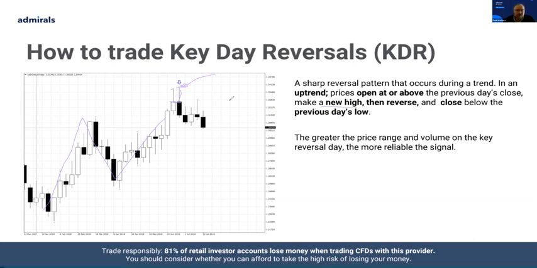However, what happened was, I'm just going to clear this down to help us, price reversed and fell all the way down. And the important thing is it closed lower than the previous candle's low. We pushed to a new high, but closed lower than the previous candle's low. It closed lower, not just traded lower. Unsurprisingly, that is a very bearish looking candle, and the price over the next few sessions drifted down. As I said, they don't happen as often as we would like, but when they do happen, they can be very powerful.